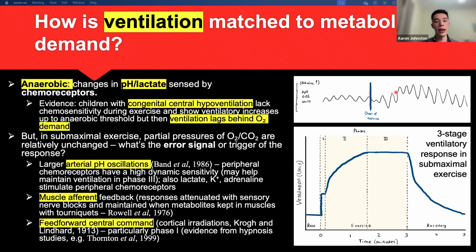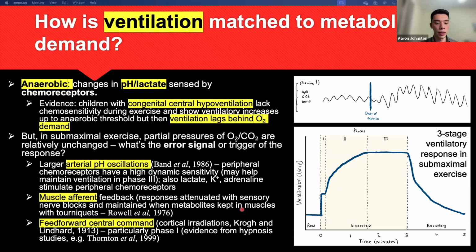It's proposed that once you've got these large oscillations that are rhythmic and consistent, that might be involved in the phase 3 response. You've also got muscle afferent feedback. So sensory neurons present in muscles themselves might be feeding back to tell the central centers that you need to